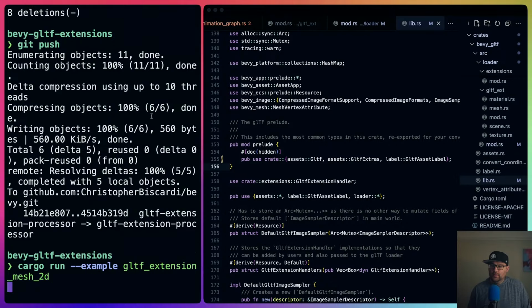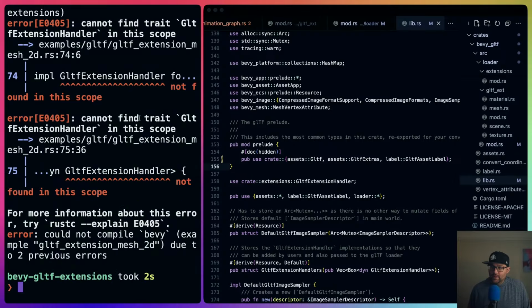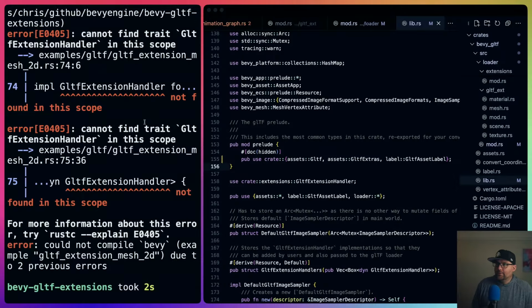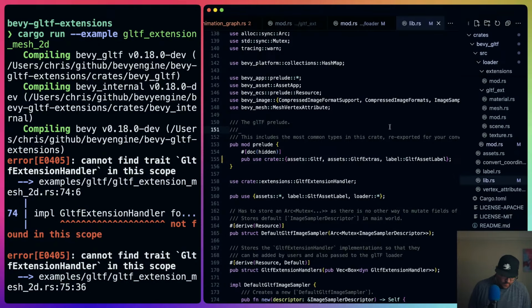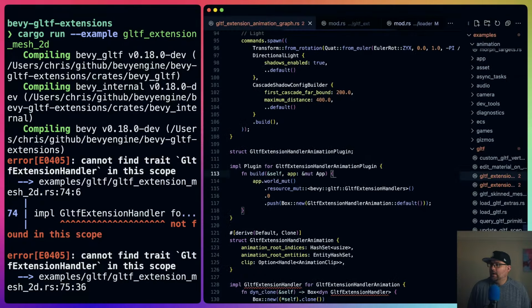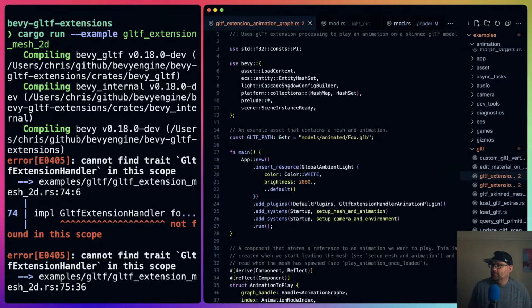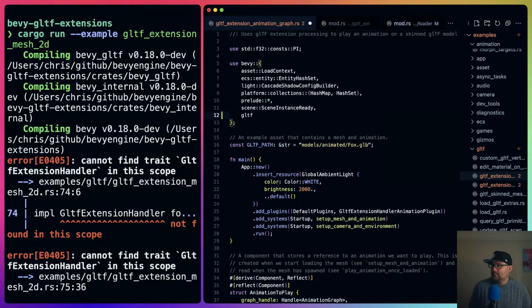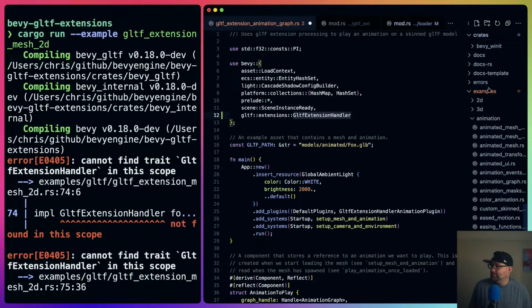So let's run mesh 2D. Hopefully I get an error here. Yeah. Not found in scope, which is good, right? Because glTF extension, animation graph, we are not pulling these in, right? So then this would be glTF extensions. And we only have the handler here, but we need both. So let me go back to